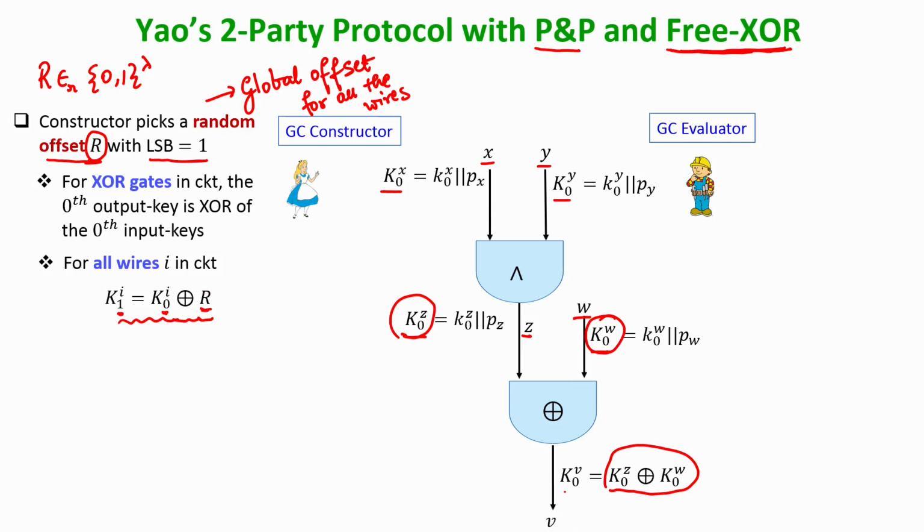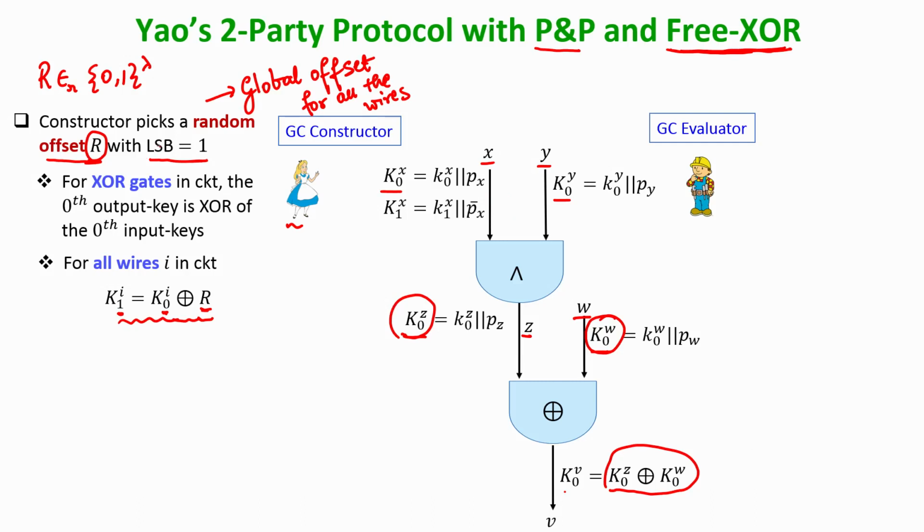Okay. That means, now in terms of picking random values, the computation of Alice has been saved. Earlier Alice had to pick a pair of random keys for each and every wire in the circuit, but now she has to pick only one random key for every wire in the circuit. Of course, for the output of the XOR gates she does not even have to do that, and once she has picked the 0 keys for every wire randomly, for the other key she does not have to pick random values. She just has to XOR the global offset with the keys which she has already picked for the value being 0. Okay.